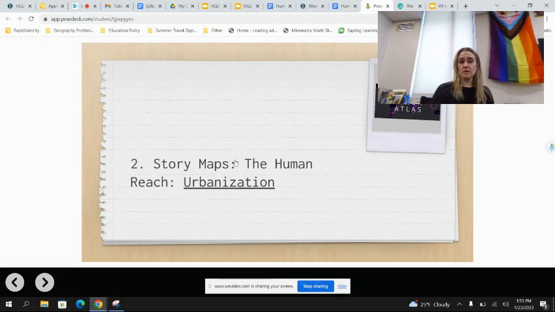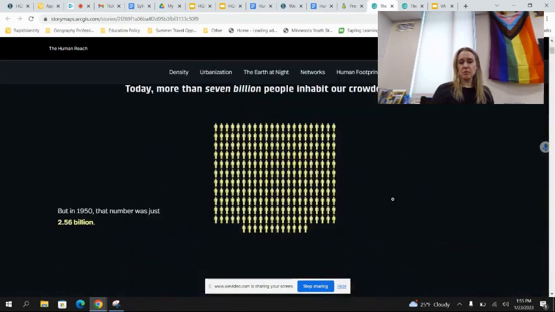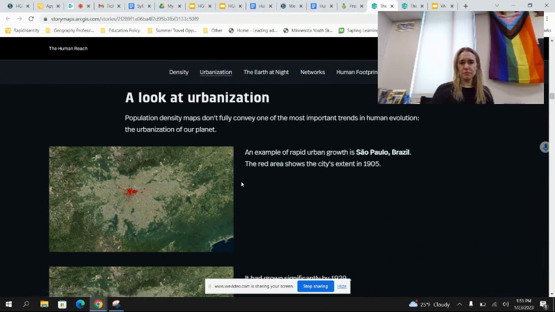So you need to read through the website. Then you're going to move on. Now it's going to bring you to the urbanization section. So still Human Reach, but you're going to scroll down until you get to urbanization, and you use this section. There are also titles at the top to help you. So the first one is density, then urbanization. And then going back to this Pear Deck,